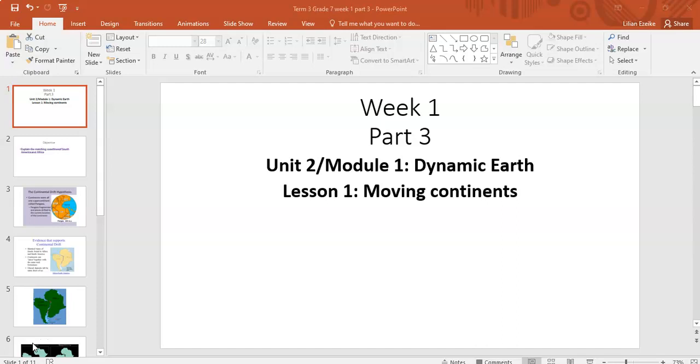Today we are going to be taking part 3 of our lesson. We started all the way from part 1, part 2, and I want to believe that you are getting a good understanding of what we are talking about. Still in lesson 1 of module 1 in unit 2, moving continents,